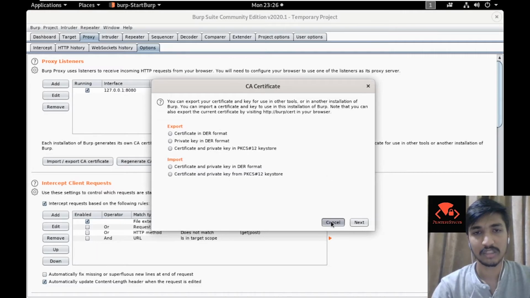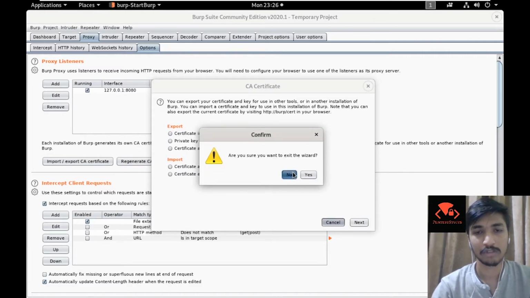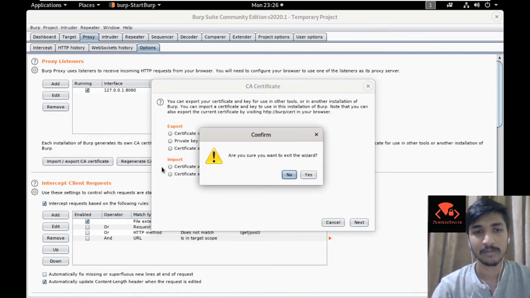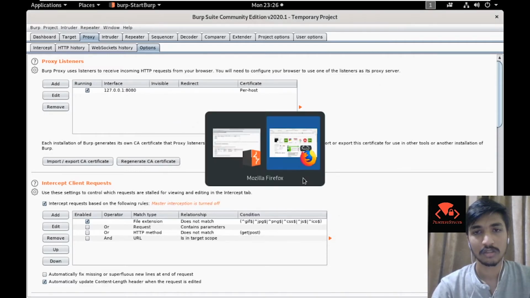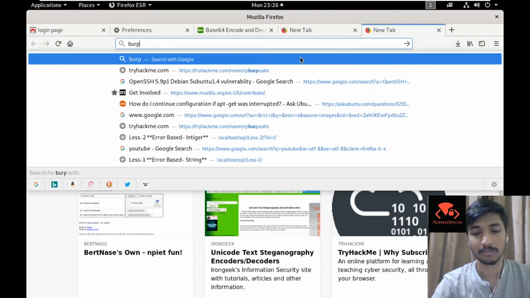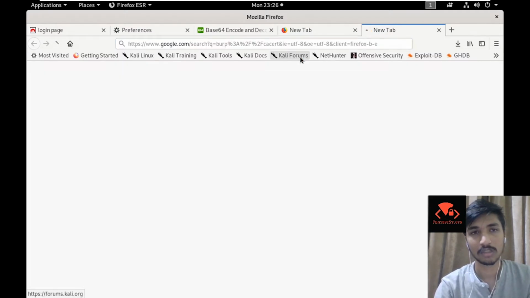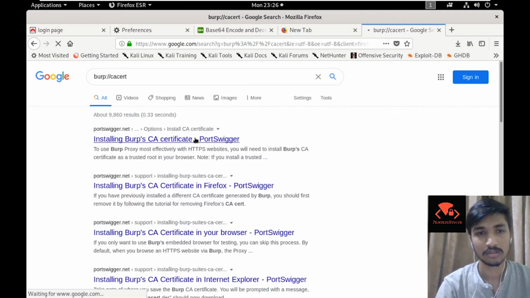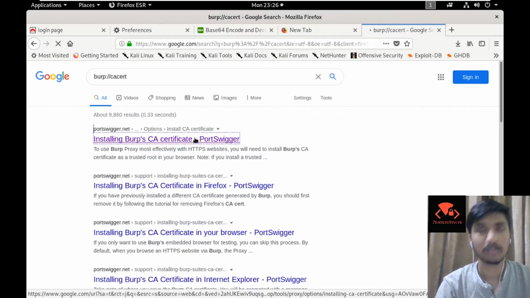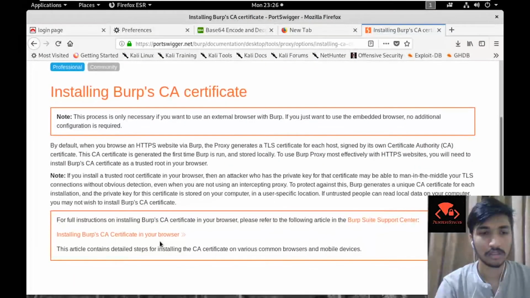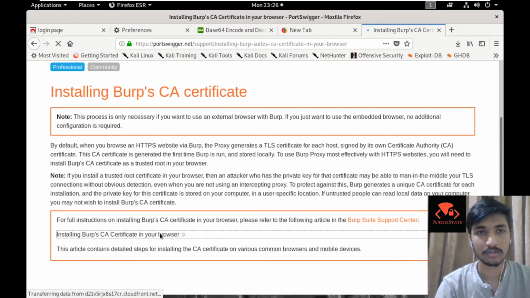You could do it manually from here, as a certificate in DER or private key in DER format, then next and store it. That is a similar command for installing it in the browser.